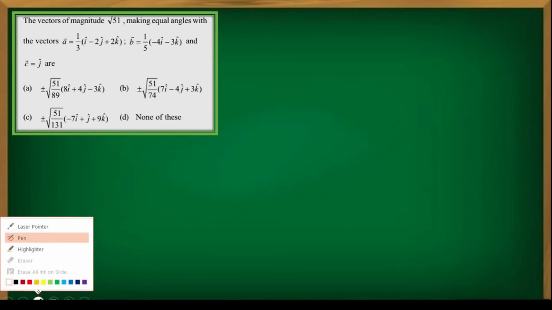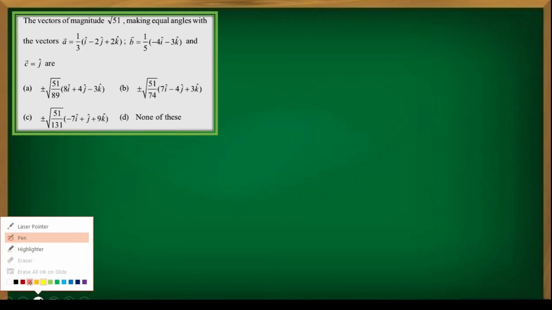Because you can see the numbers 4, 3. Do you see the numbers 4, 3? 3, 4 or 4, 3. Root of 4 square plus 3 square is root 25, which is 5. This length is 5, and 5 by 5 means 1. And you can see here 1 plus 4 plus 4 which is root 9, which is 3, and 3 by 3 is 1. So this is a unit vector. Mod A bar is 1. Mod B bar is also 1. And mod C bar is also 1.